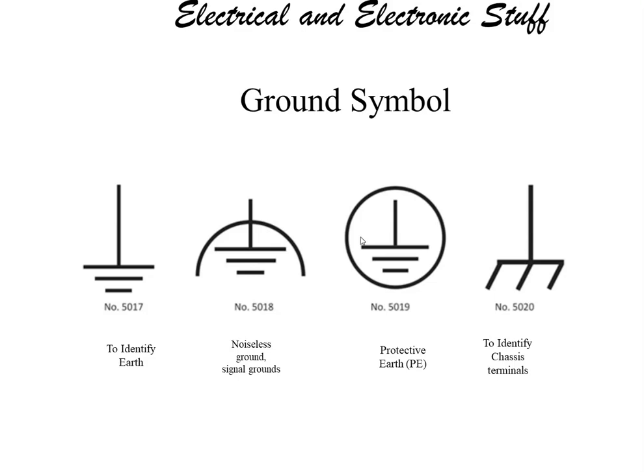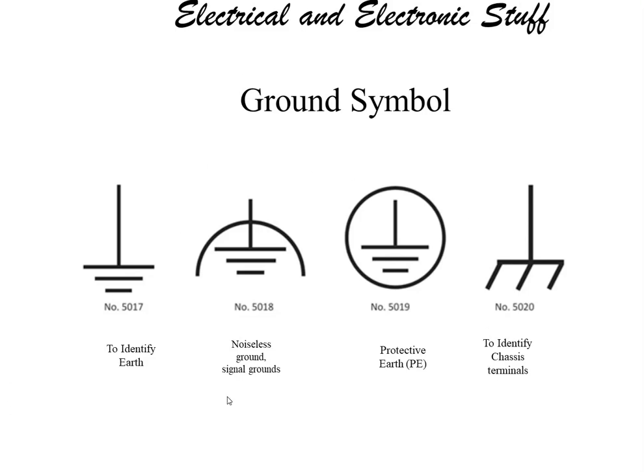Once we have an electrical schematic for protection and grounding earth, meaning once we have an RCCB, a circuit breaker, for that we will see such a symbol there. Then the next one is identifying the chassis. To identify the chassis terminal, we have such a symbol. So these are related to the IEC.